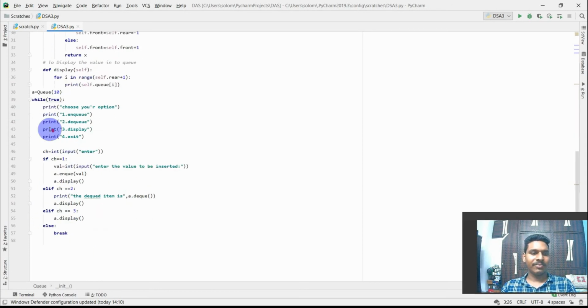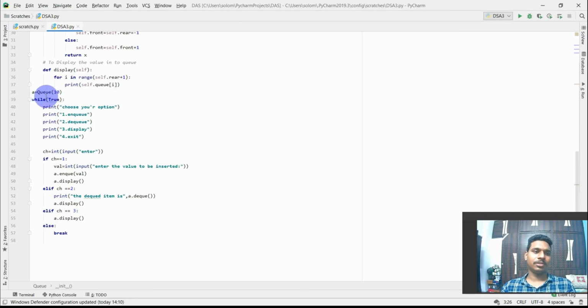Here is the display function we are using. We define the function with for i in range, from self.front to self.rear plus 1. Here we print all the values present in the queue after enqueuing or dequeuing. To print the values, we use the display statement.